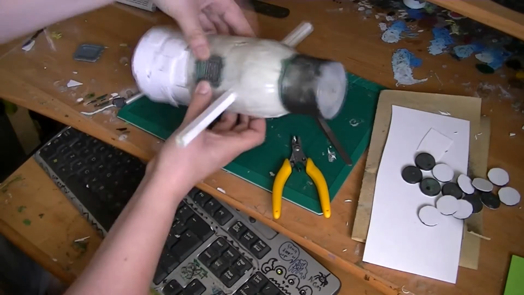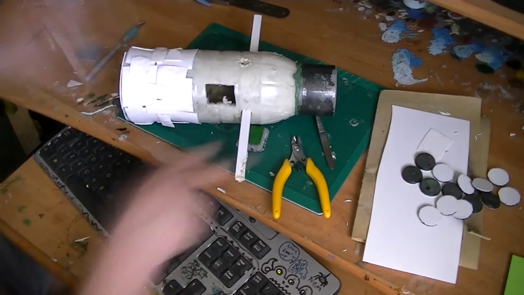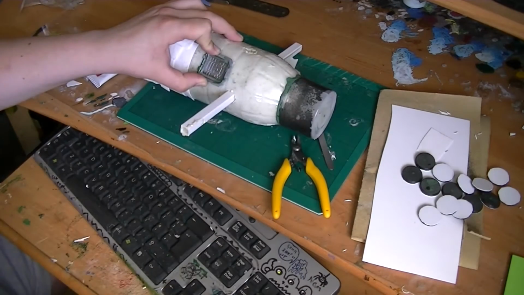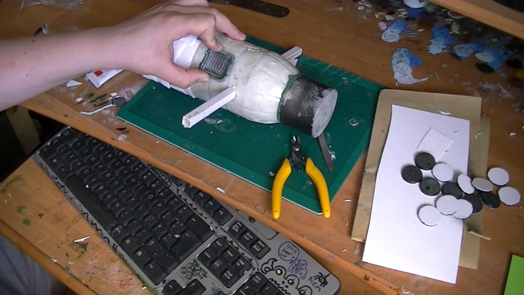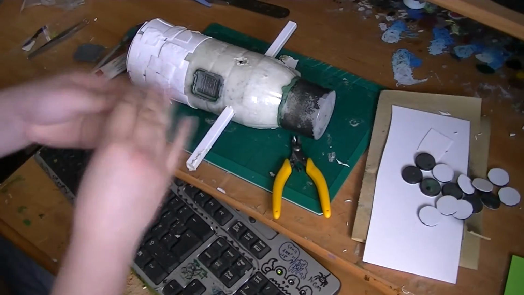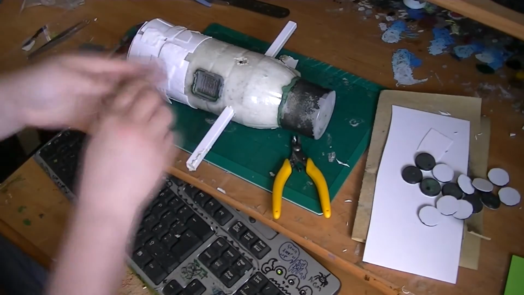I decided that the actual poly cement still wasn't sticking enough, and I held it there for about 5 minutes before I realised, you know, this isn't working. So after my futile attempts at trying to do that, I decided to break out the green stuff and then